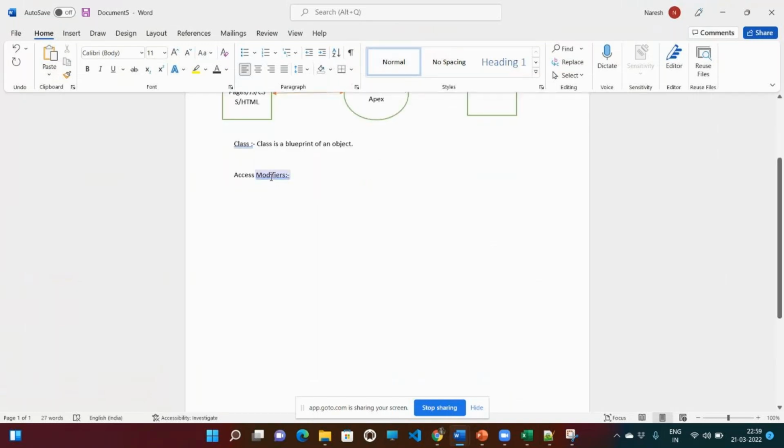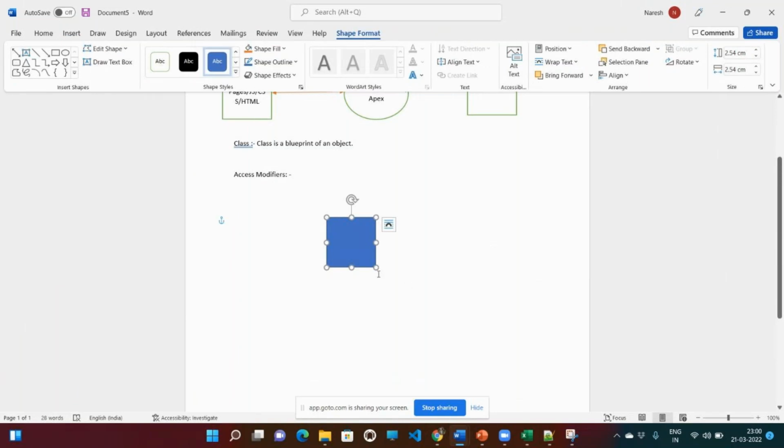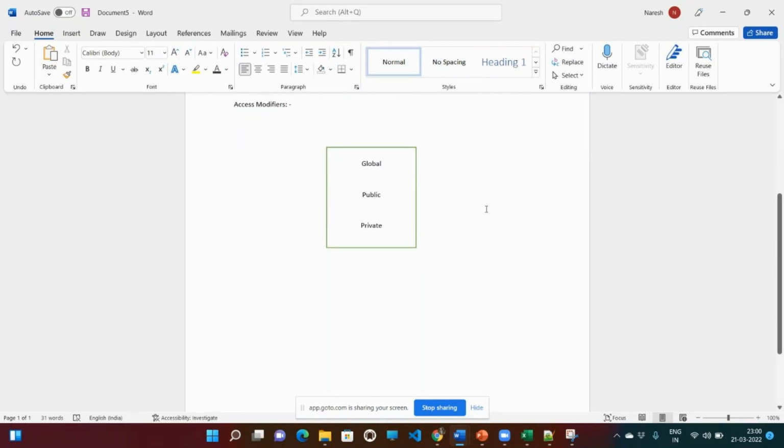Access modifiers. With the help of this diagram, I'll demonstrate the different access modifiers. We have three access modifiers in Salesforce which we usually use, and I'll talk about those three in detail. We have global, we have public, and private, so majorly we deal with these three. As the name suggests, access means these modifiers define the accessibility of your variables, your methods, or your class. These are basically keywords in the Salesforce language. Wherever you put these keywords, they define the accessibility of your class,